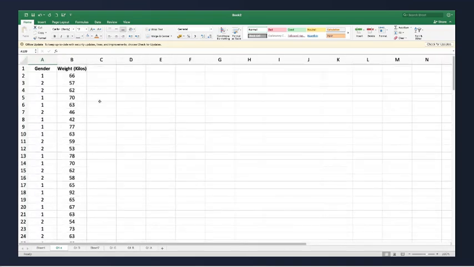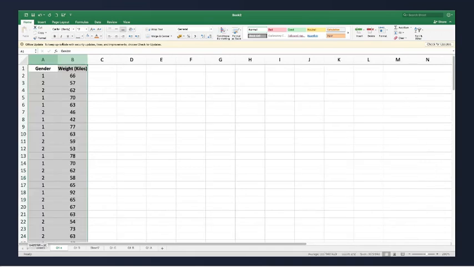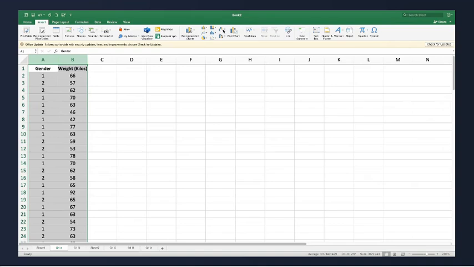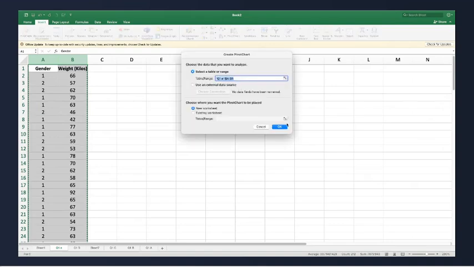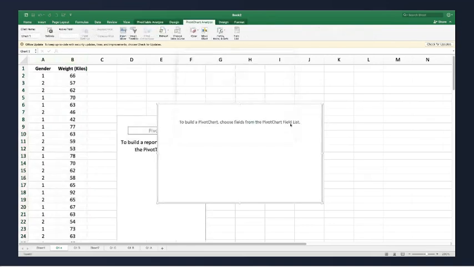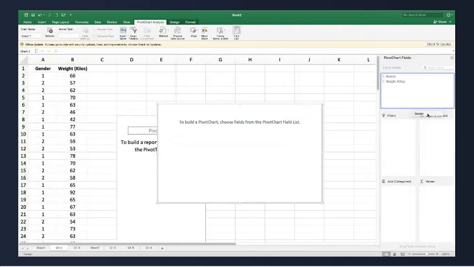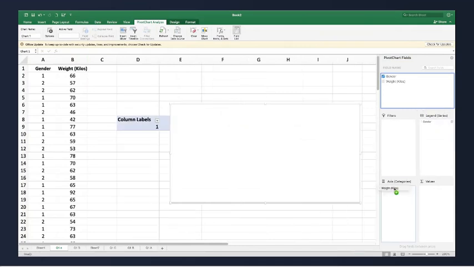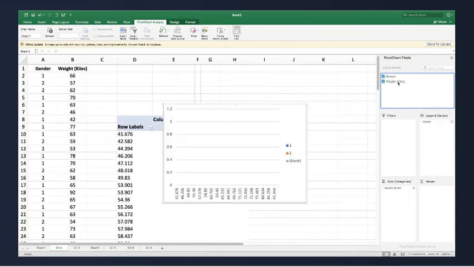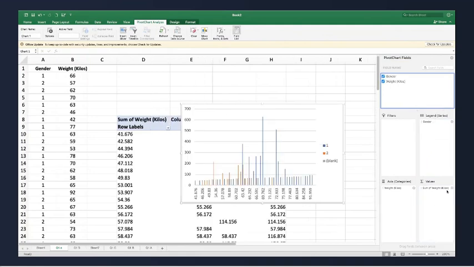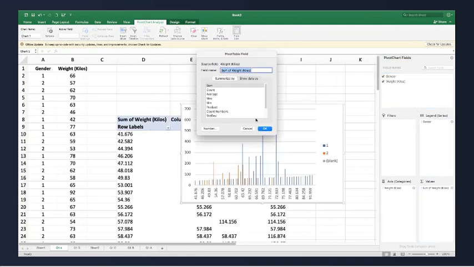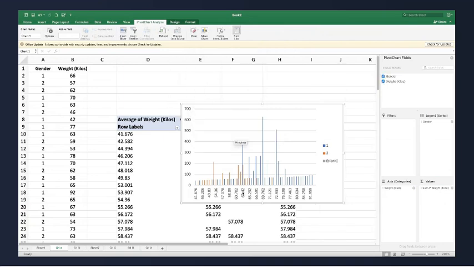So here again, I'll select these two columns, sorry, and go in pivot chart. I'll say existing sheet. I will go in gender in legends and weight in axis, right? And I'll say in weight values, right? Here I want average, right? So I'll put average. Okay. Here I'm not putting count, because if I put count, look at the table, right? If I say average,